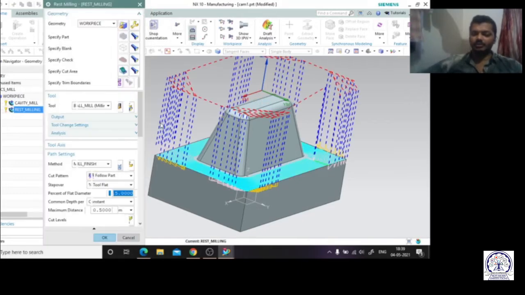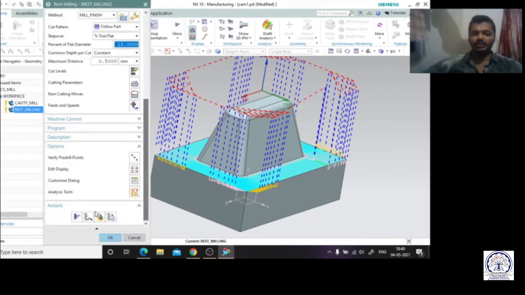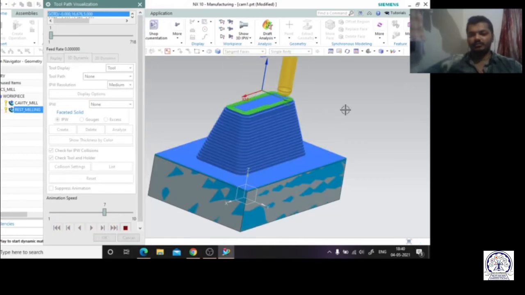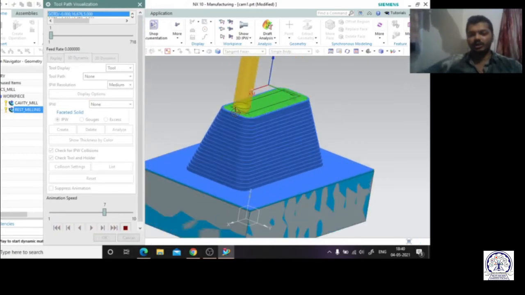So right now for the finishing option also we have generated a toolpath, and if you want to see it, right now we can see it. I'm going for play. So from the roughing option, how much raw material I have just got, now it is removing it, and now all of you can see. So this is how I can get the finished product.